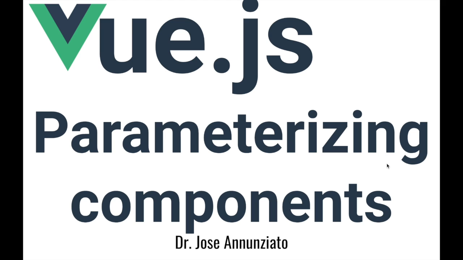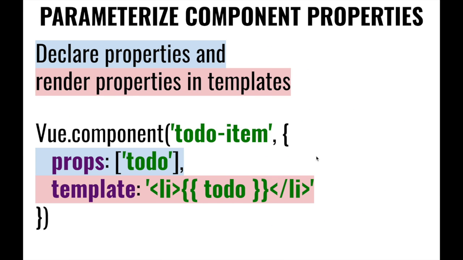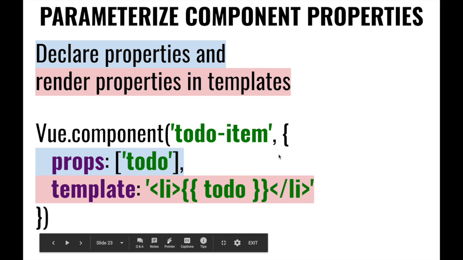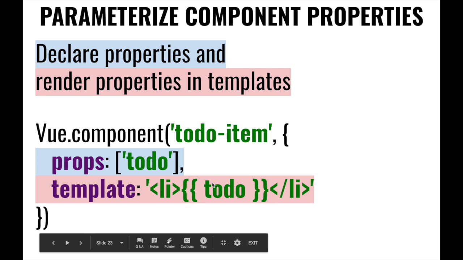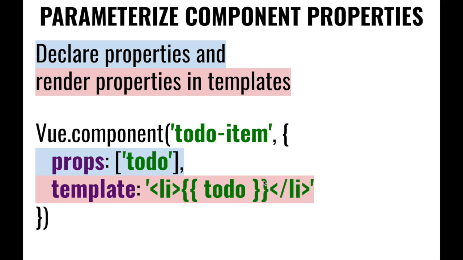Let's take a look at how we can parameterize Vue components. Before, we were defining a simple to-do custom component where we could render a static element. Let's see if we can parameterize it so that we can pass some attribute or value to the custom component, and then use that parameter as an argument and render it dynamically inside of